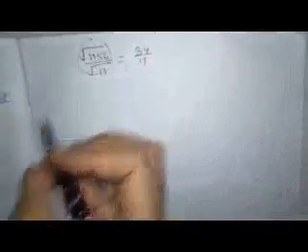Okay, so I can write here like the prime one 1156 upon under root 121 is equals to 34 by 11, or this value was equal to this one, so I can write like